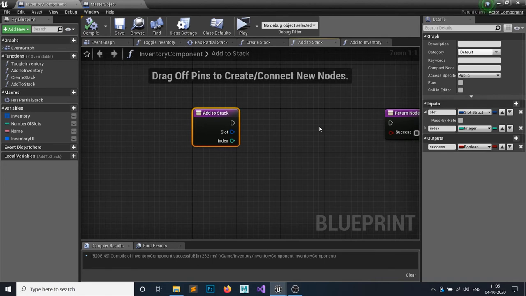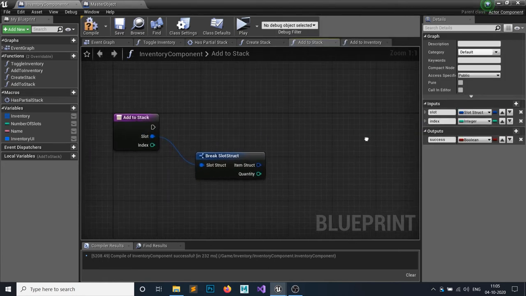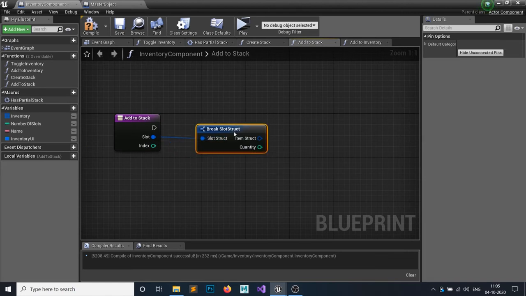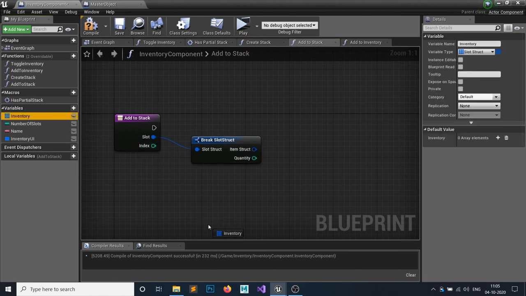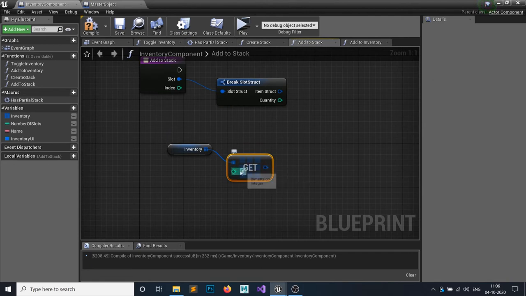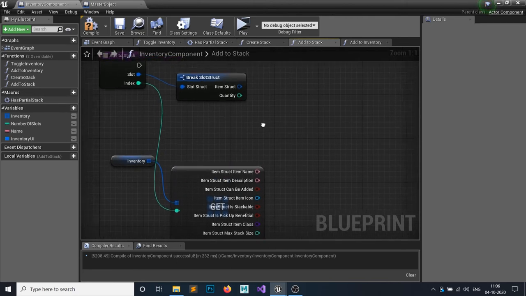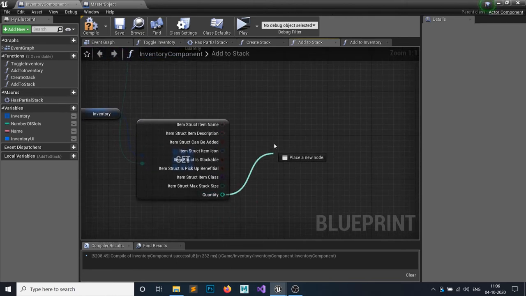For the add to stack function, first we want to break this slot. So we have an item structure and we have a quantity. We don't need this item structure, we need a quantity. And for this index, we want to get an inventory, and get a copy, not a reference, a copy. Make sure you get a copy. The index would be this index, and right click to split it out. If you split it out again, it will look something like this. After that, get this quantity